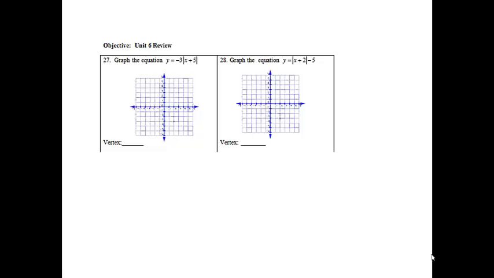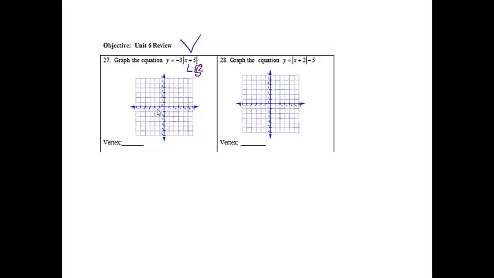All right, Unit 6 review, 27. Graph the equation y equals -3 absolute value x plus 5. As soon as I see absolute values, I know I'm going to get a V, so just keep that in mind. The first number inside controls the left and the right, and it's the opposite of what we think, so it's going to move to the left